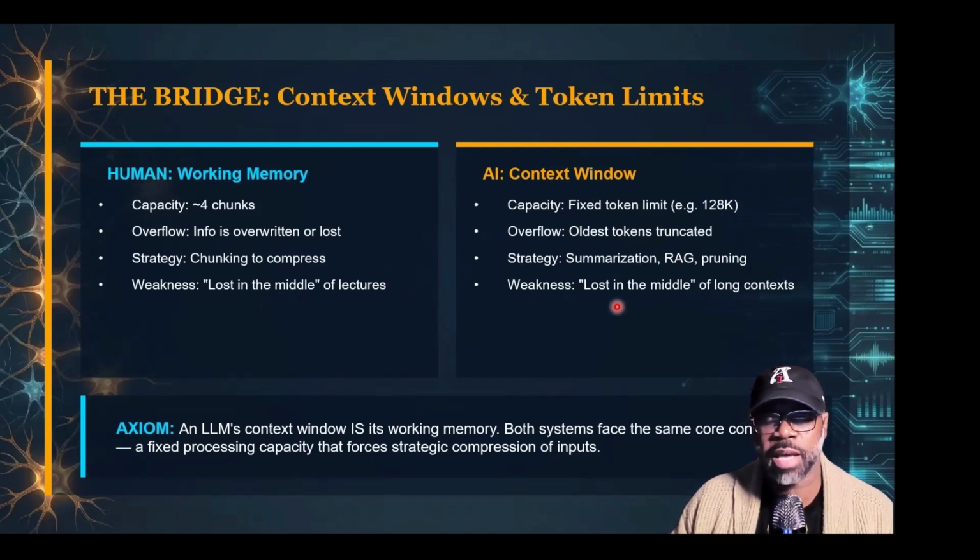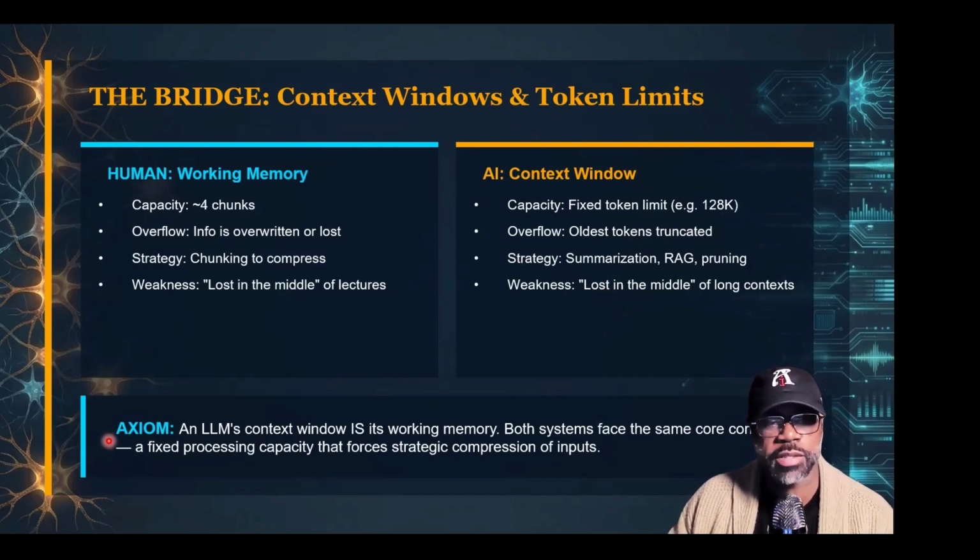Now, the weakness with the AI side is that there's a loss in the middle of long context. Again, it's not necessarily just lost in the middle. I believe it's also lost in the beginning too, because those tokens get truncated the older they are. So those are 2 weaknesses. Again, the longer the material, the longer the session that you're developing, either you as a human or your AI, the longer that session may be, the greater the opportunity for data loss or information loss.